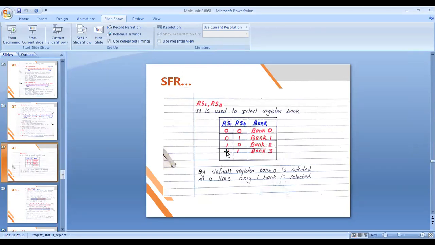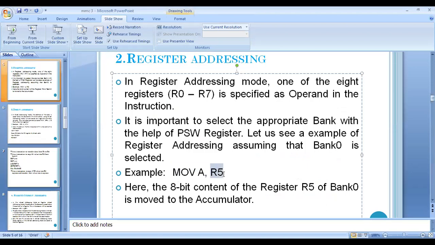जर त्या दोन्ही बिट्सची व्हॅल्यू 1 1 असेल तर how does the system come to know? Whatever R5 I am using, it is from bank 3. If these 2 bits are 1 0, then the system comes to know that whatever R5 register is there, it is from bank 2. If there is nothing mentioned in the instruction, then in that case, whatever R5 is there, it is by default considered from bank 0. जर प्रोग्राम मध्ये लिहिताना तुम्ही बँक सिलेक्शन केलं नाही, so in that case it will take by default bank 0. म्हणजे जे काही रजिस्टर यूज केले जाणार आहेत ते कुठले असतील, बँक 0 मधले असतील.